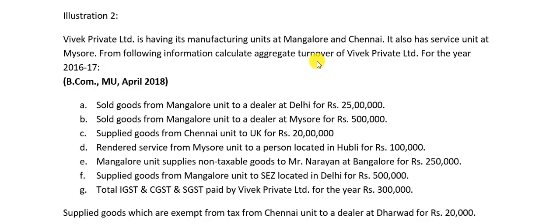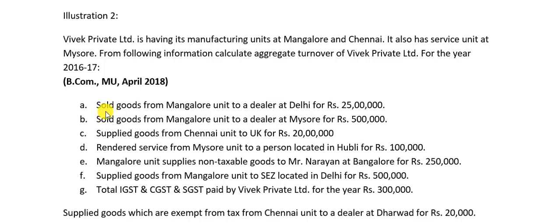So keeping that in mind, there is one more type of turnover, taxable turnover. I will not go into detail about that now. We will discuss that when the time comes. As you all know by now, we have all done this in the classes. Now we are just doing revision. So for now, aggregate turnover is that turnover which includes everything, all the sales, all the supplies made by the particular SSE, in this case Vivek Private Limited.